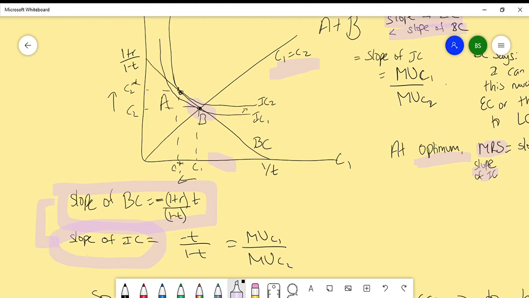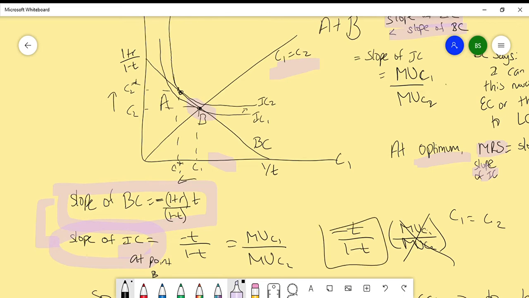Okay, at this point, this is the slope of IC at point B. Because remember, the actual slope equals t over 1 minus t times MUC1 over MUC2. But since we said that C1 equals C2, these two are the same, so it's just negative t